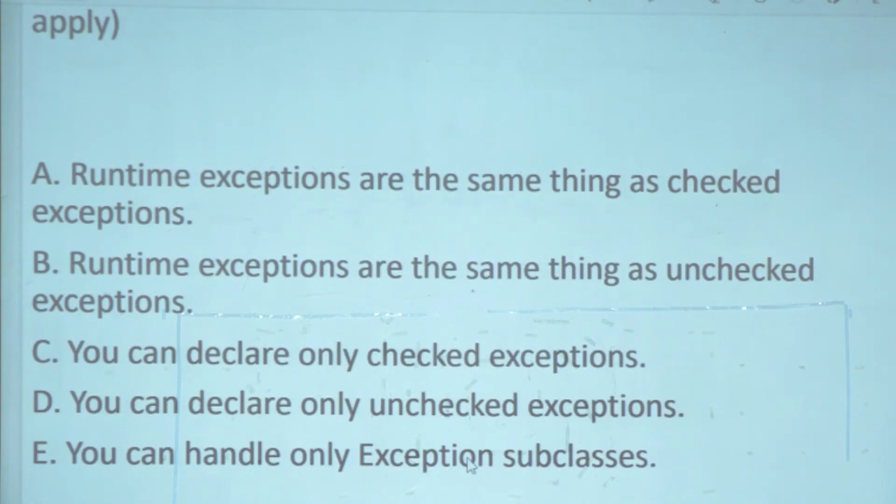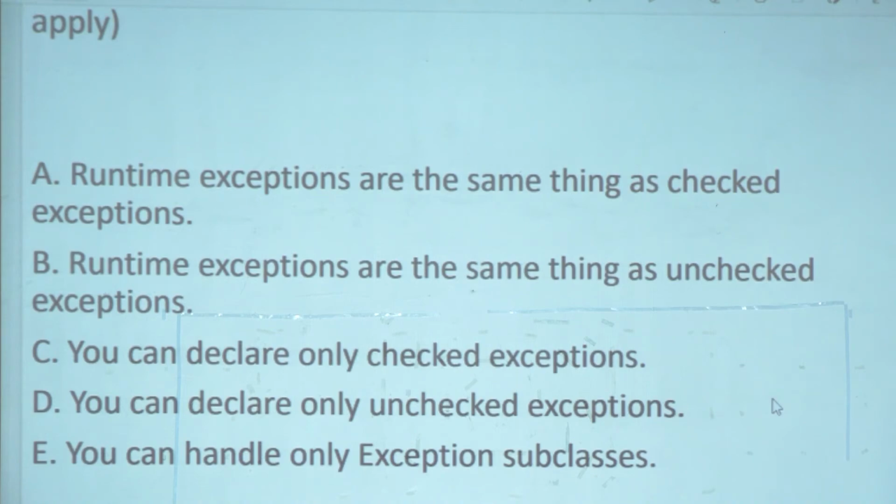All exceptions which are derived directly or indirectly from the RuntimeException class are called runtime exceptions or unchecked exceptions. You can only declare, meaning report, checked exceptions. No, not true. It is mandatory to report or catch a checked exception, but you can report a runtime exception also, though it's not mandatory.